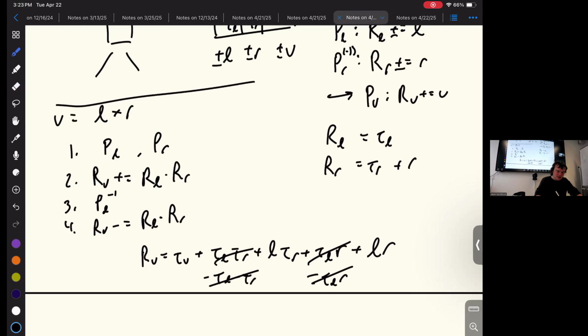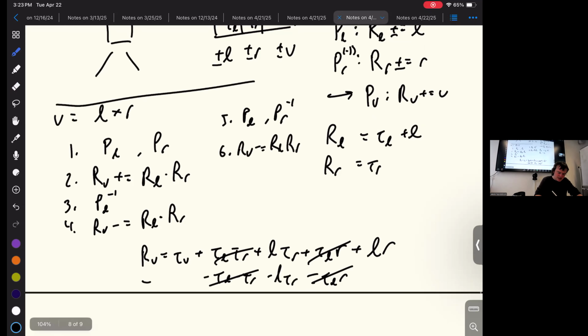You probably see where this is going. So next I'm going to reverse which one is in the register and which one isn't. So I'll put L back in here, and I'll remove R, and then I'll subtract again. And this gets rid of the L tau R term, and also has an extra minus tau L tau R. And for the grand finale,